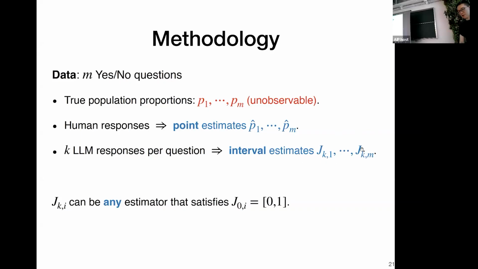These confidence intervals can be anything. You can use many different approaches as long as there's a fallback requirement. If you have no sample, then your confidence interval should just be the full space. That's just a convention. And if you have k samples, you can use your method to construct a confidence interval. Eventually we want to choose a good k so that these synthetic confidence intervals have good coverage over the red quantity, these true parameters.